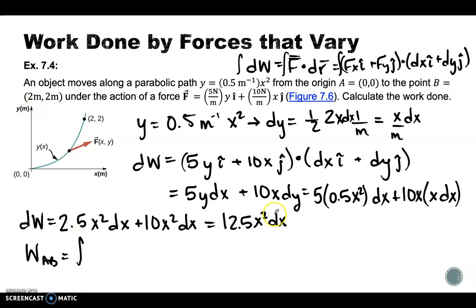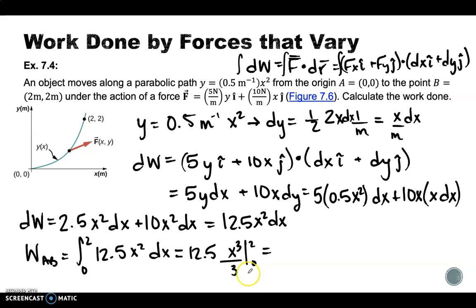And we're just looking at the x component now, so we can just say 0 to 2 of 12.5 x squared dx. Okay, so hopefully this setup made sense. Now we can go ahead and solve. We'll get 12.5 times x cubed over 3 from 0 to 2,